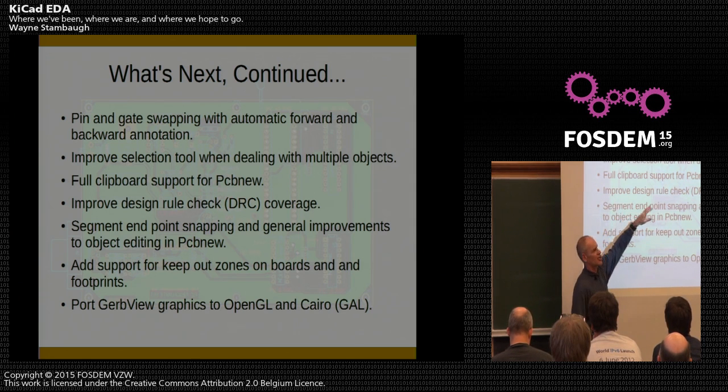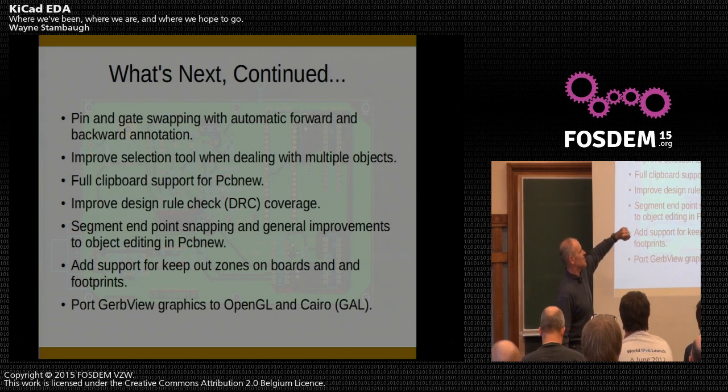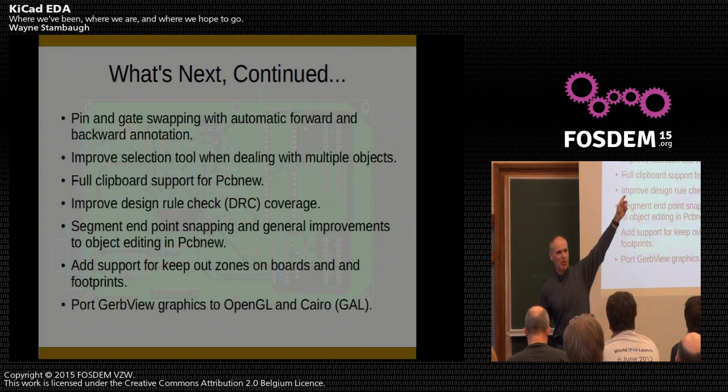Improve the selection tool. One of the things that's kind of quirky is when you're selecting groups of objects on a board. We currently have some issues dealing with that. This one I think is important, and this is a tricky problem to solve when you're talking about a board editor or a netlist program. You're not doing graphics or text. You have things that are connected together. How do you